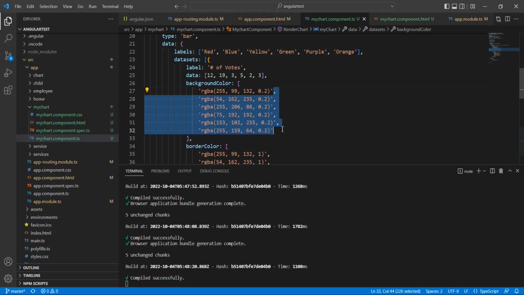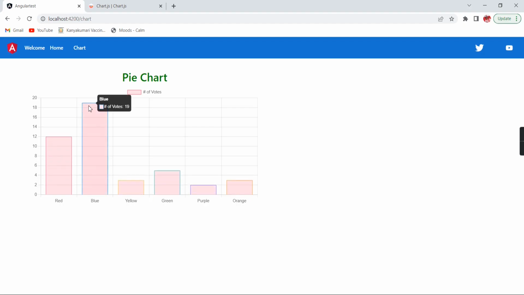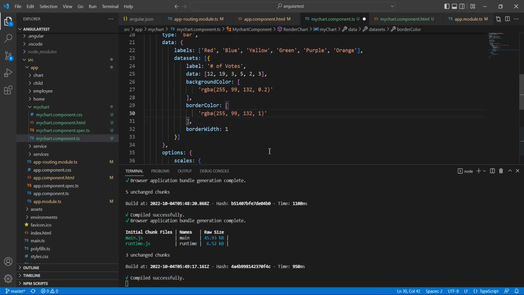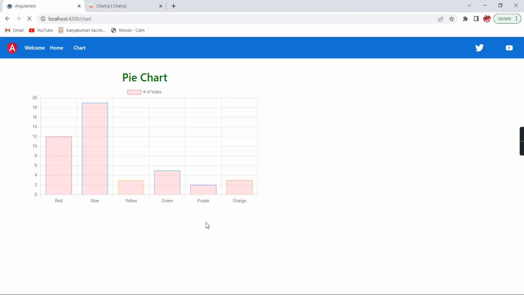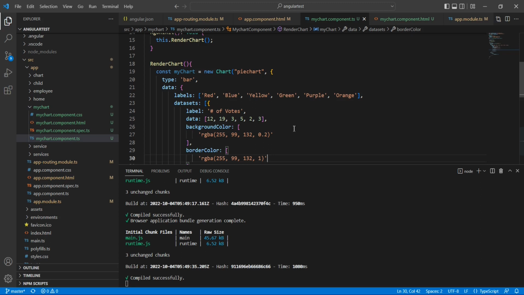In case I am providing only one color, the same color is applied for everything. And you have to see this border, and this border also we have provided the separate color. That's what it's coming like this. And in case I'm providing one color, it should be the same. Okay, and other things are just options. So we started from begin zero. That's fine. Now let me explain, instead of having this hardcoded data, how to get and apply our real-time data